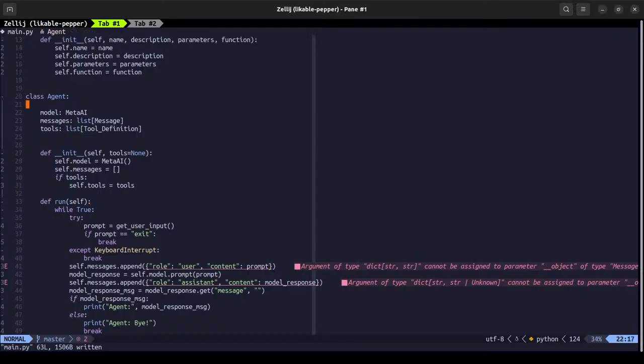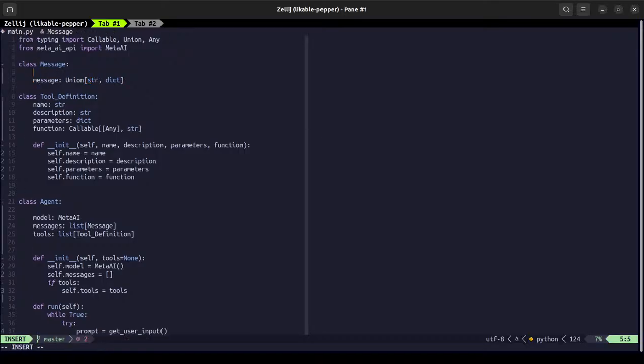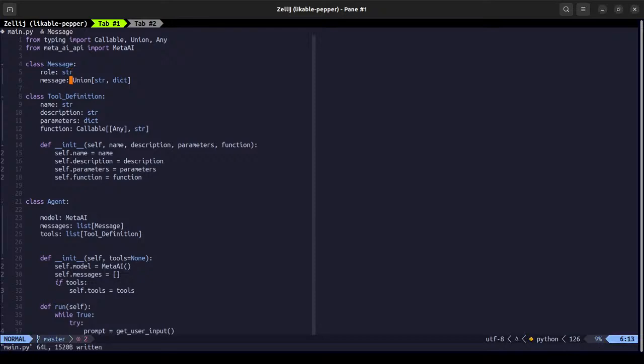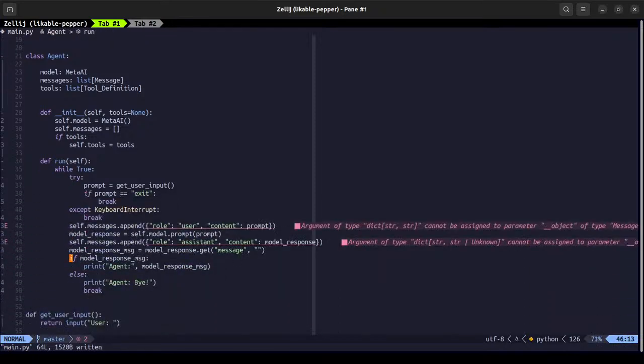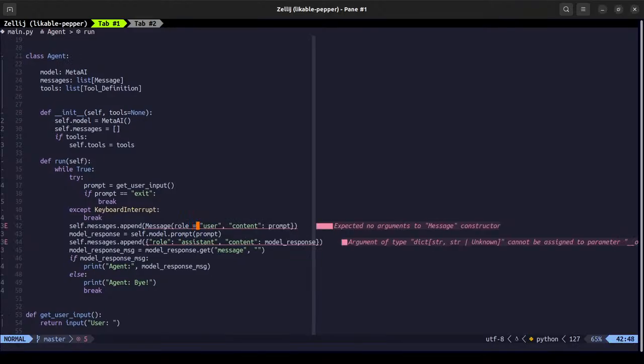The message will be not just a string, it will also have a role. So if we try to get this, we need to append like so, messages.